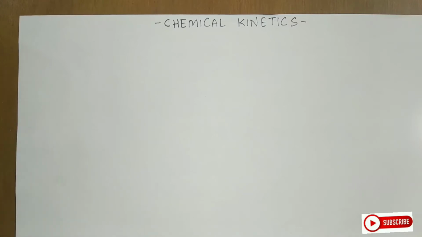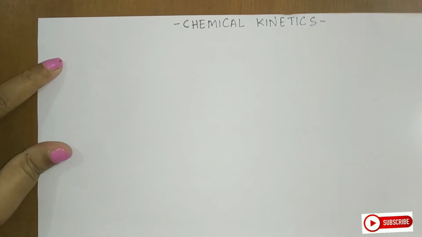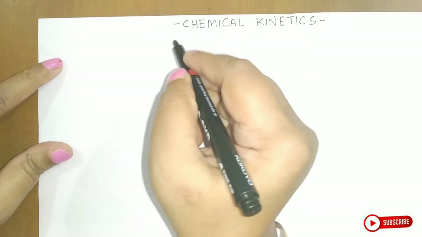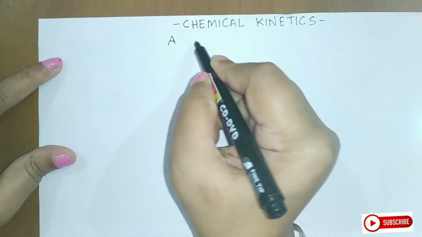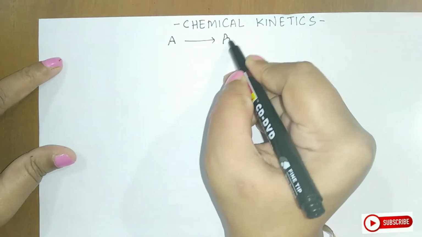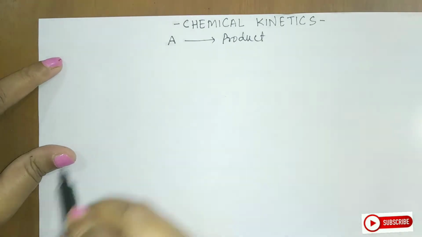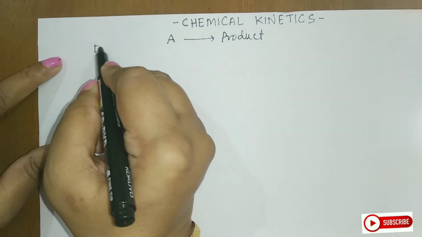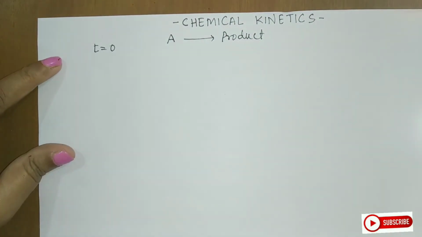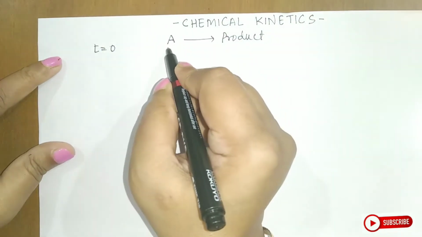Students, in today's video we are going to see chemical kinetics. Initially, we will just see what the basics of chemical kinetics are. For that, we will take an experiment where, for example, I am carrying out a reaction where A goes to product. Now students, when time is equal to 0, when I started the reaction, I have taken 100